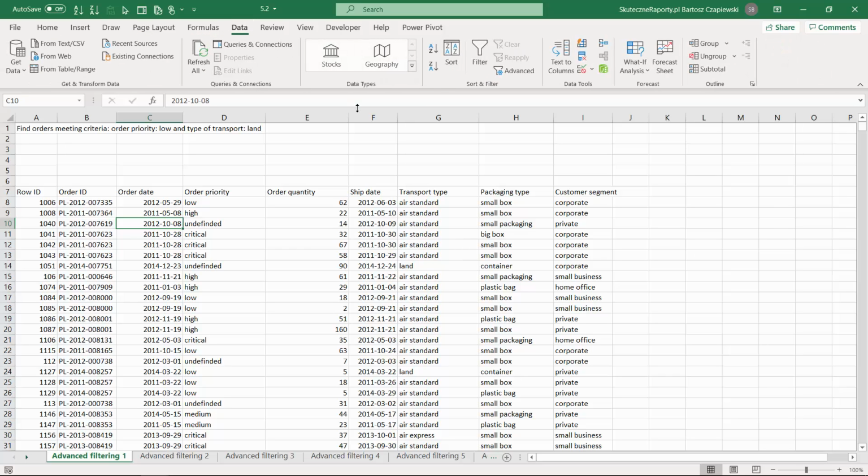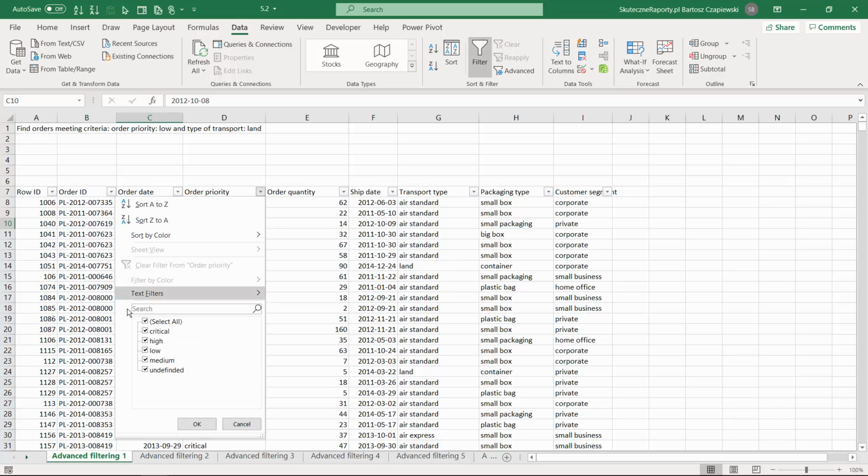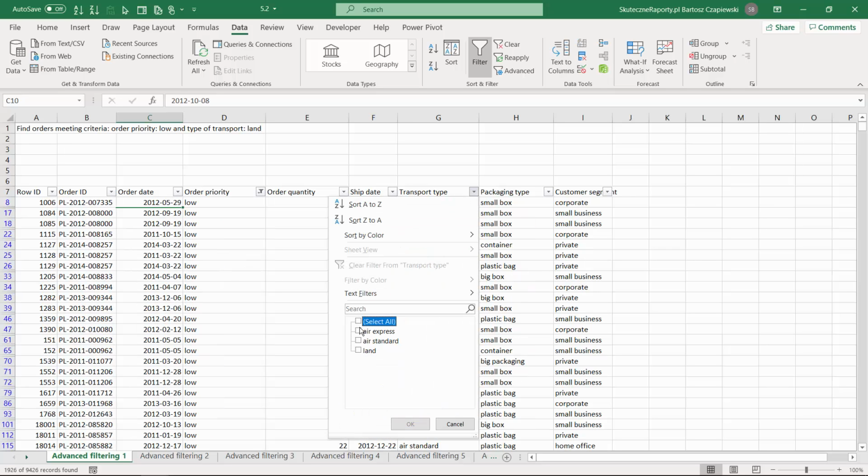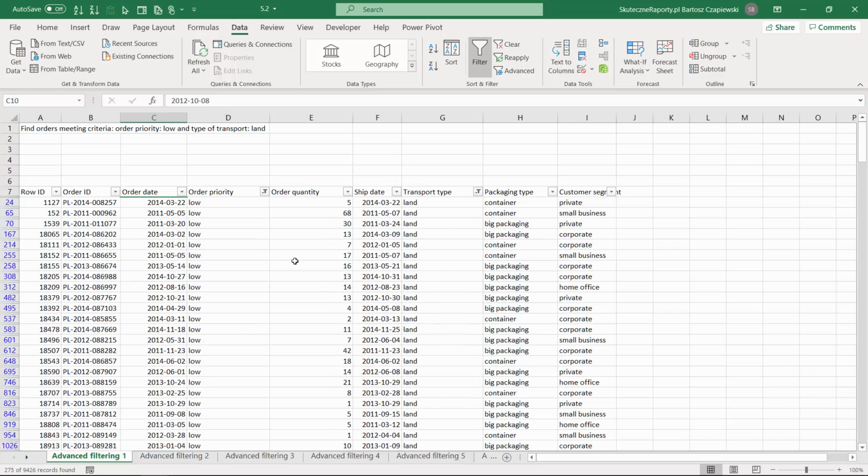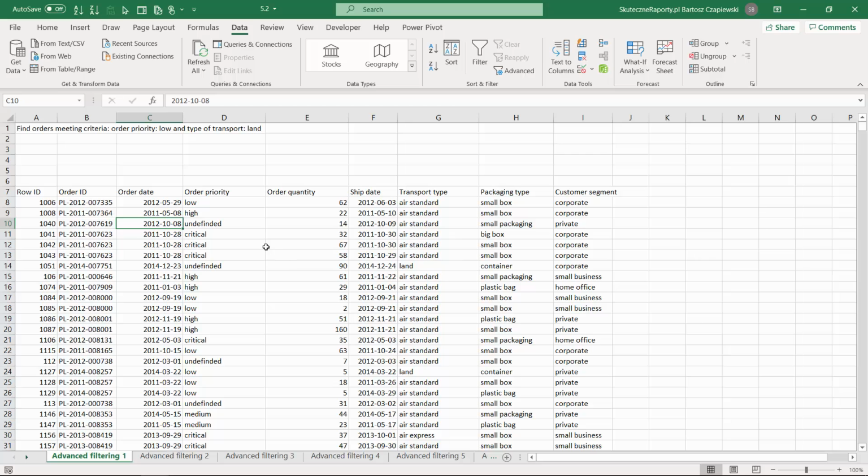Auto filtering, which we can find on the Data tab or under the Ctrl+Shift+L shortcut, is just one way to filter the data, but you can also apply the advanced filter, and the first scenario can be solved by both of the solutions. So you could actually start by filtering the low order priority and the land transport type. And this is of course fine, but in here we will take off the filters and get to know the